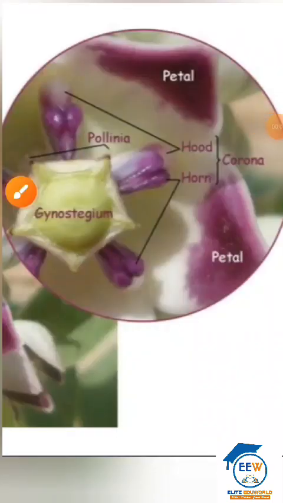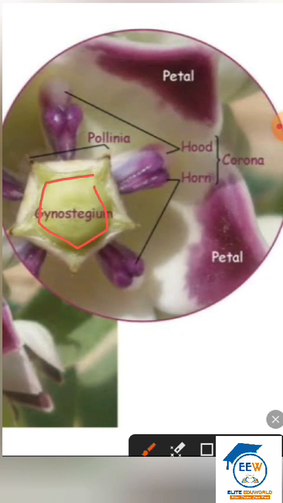In Calotropis, the gynoecium and androecium both are in fused condition. Let's see, this star-shaped structure is the stigma of the gynoecium, and the 5 black corners are the androecium in the form of pollinia. So these 5 androeciums are in the opposite direction of the stigma, and all these structures together make the special fused form called gynostegia. The other purple colored structures make the flower more beautiful.